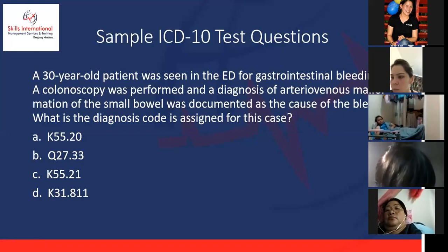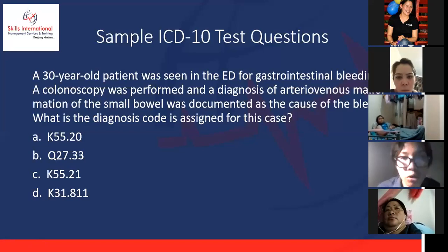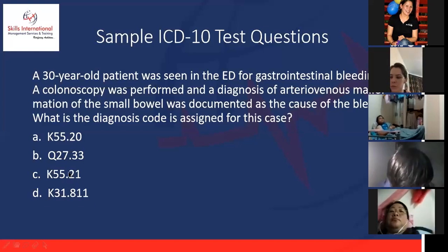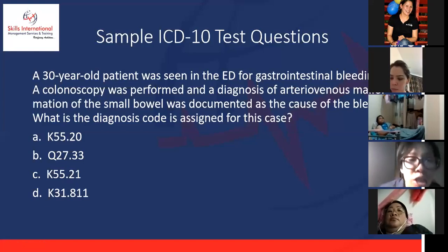Angiodysplasia of colon. So it's not angiodysplasia. So I know that this is incorrect. I will go back to K55.21. It's your angiodysplasia again. So it's incorrect. So I would say that most probably, even if I don't check the other choices, the answer is letter B, Q27.3